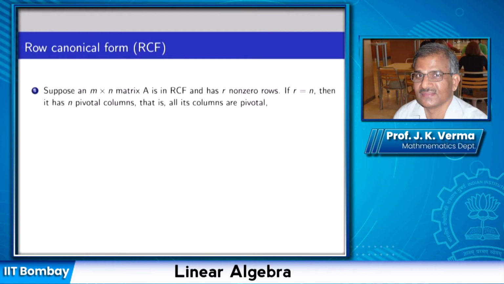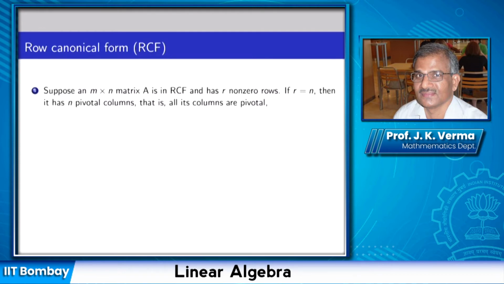Now, suppose R is equal to n, the number of pivots is equal to the number of columns. Then it has n pivotal columns. Therefore, all its columns are pivotal. So there are only two types of entries in this matrix: either an entry is 0 or it's a 1. If the number of columns is the same as the number of pivots in the matrix, then all the columns